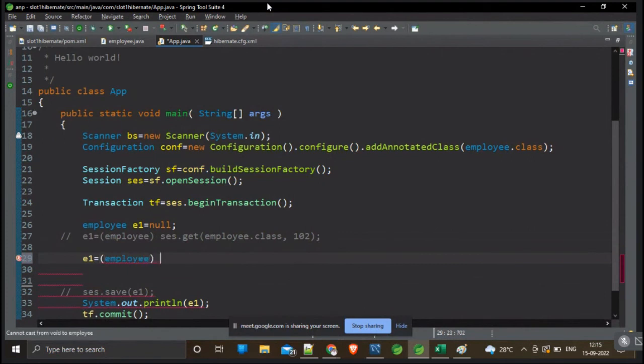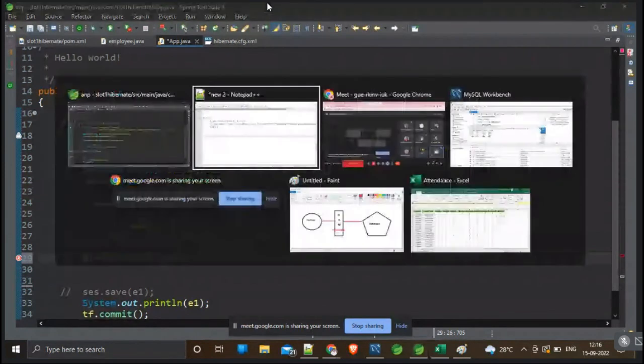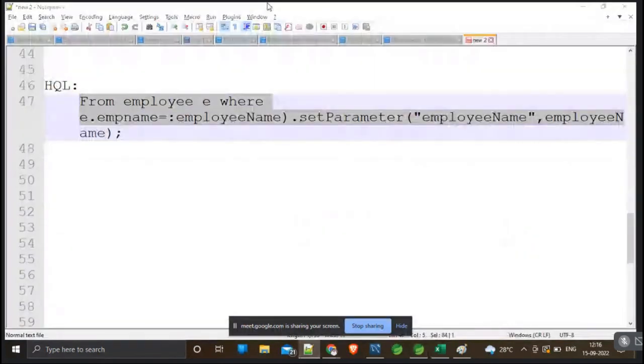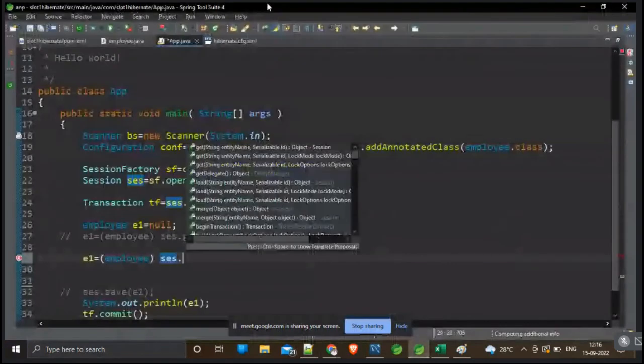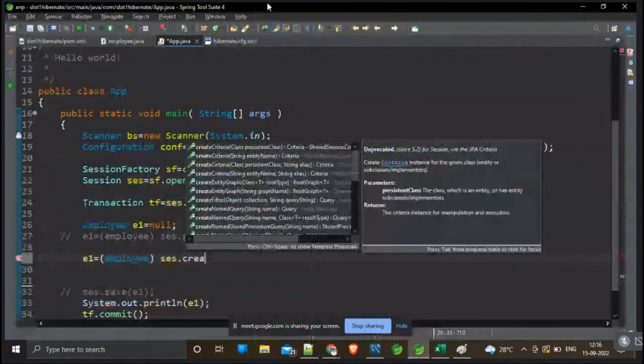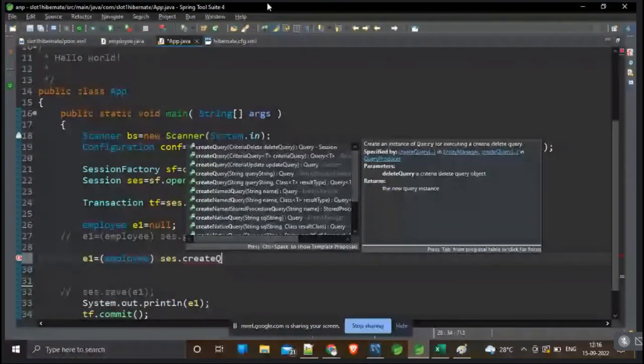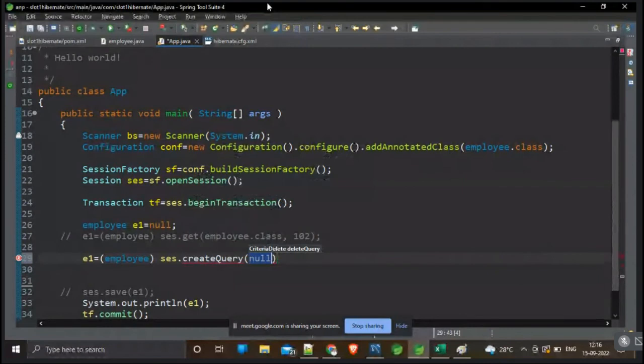Here we have to use something called the session object. In the session object we are writing some query to get the values. So here you can mention something like this: create query. Then you can create a query, where